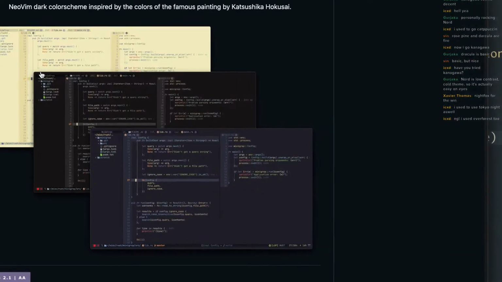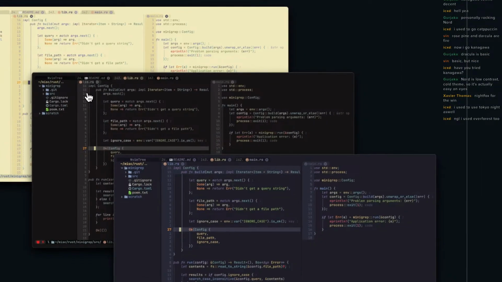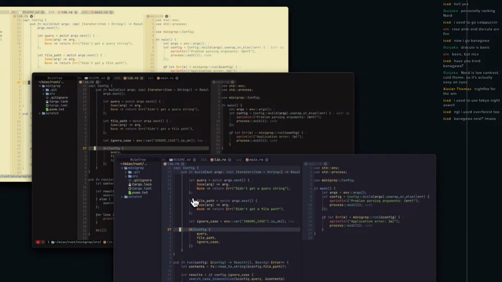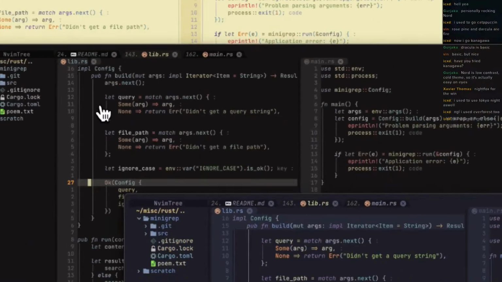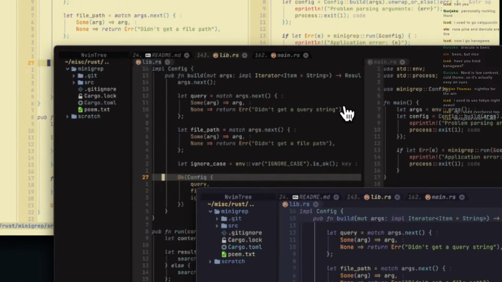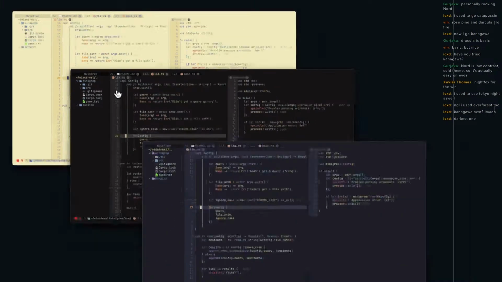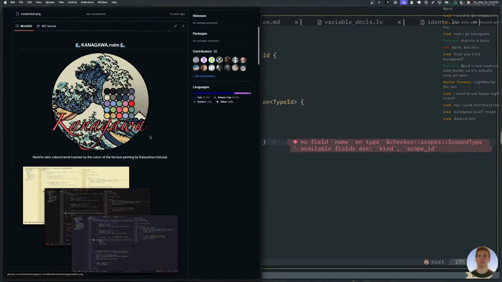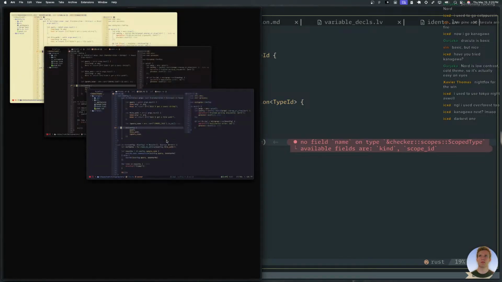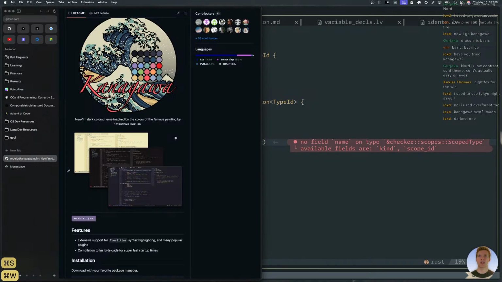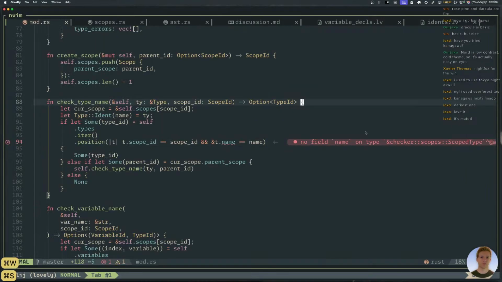Which one do you use? This one or this one? Surely it's not that one. Darkest one, this one? Yeah, that looks pretty good. Not gonna lie, it looks pretty good. I could get into that. Yeah, nice on the eyes. That is nice.